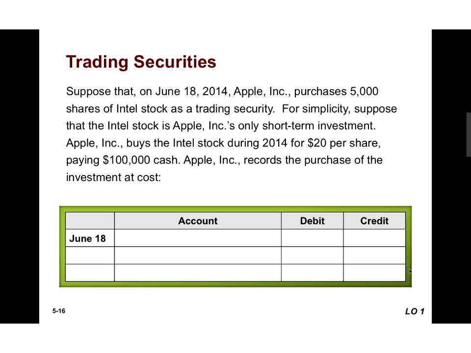So when we record this investment, we're going to debit investment in trading securities, which is a current asset, a short-term asset. And then we're going to credit cash, and we have a memo line for purchase investment. So that's it. When we make this purchase, we're debiting the investment account, we're crediting the cash.